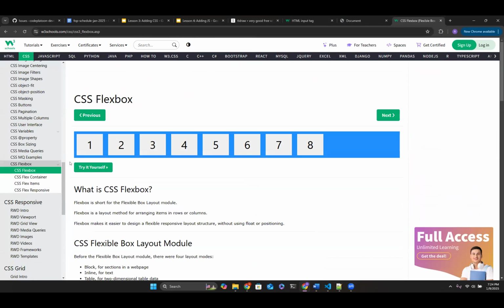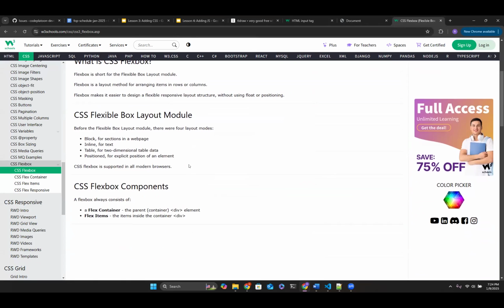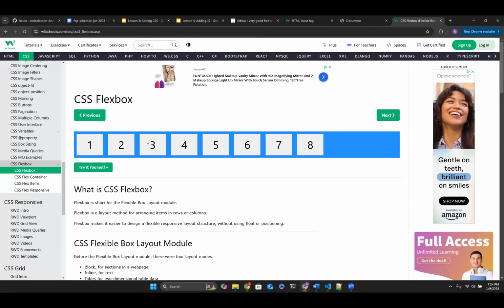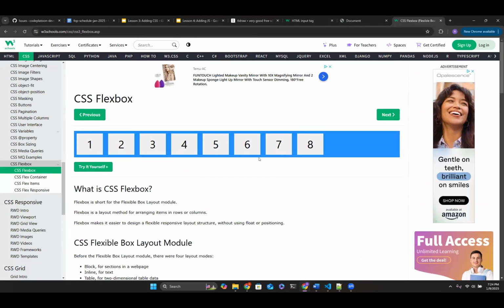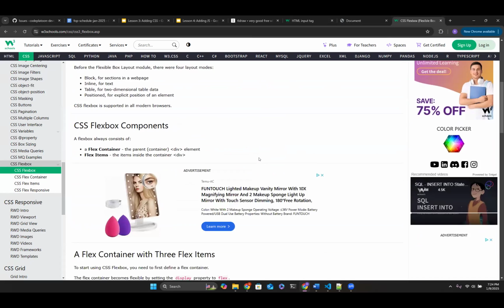Flexbox. There we go. Flexbox is very powerful. We can use inline, it's just a little outdated.